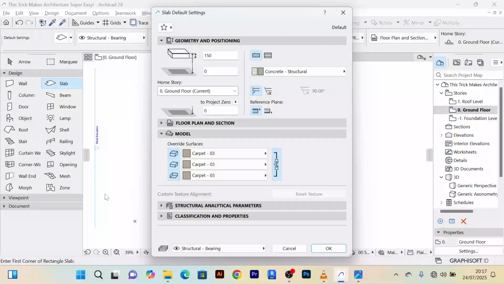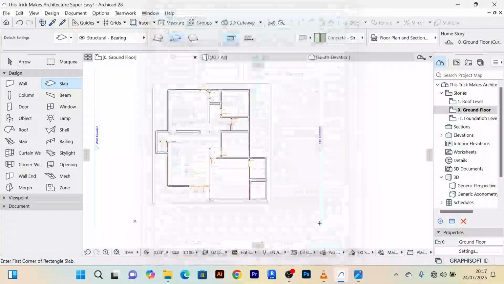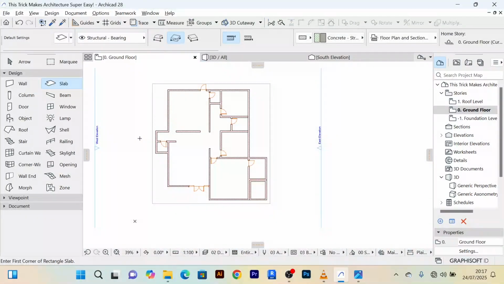So let's try and just basically this is what I want to set here, because there's nothing really much we can do in terms of setting the slab, because we already have the structure, which is concrete, and this carpet is basically the finishing on top. We already have the thickness here, so there's nothing big left. So when I click OK, and then all we are going to do, we need